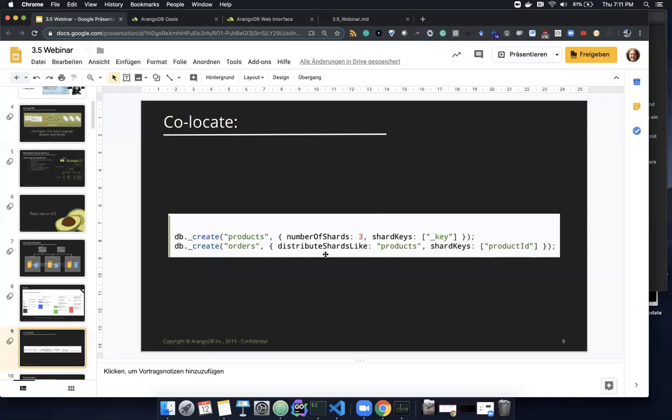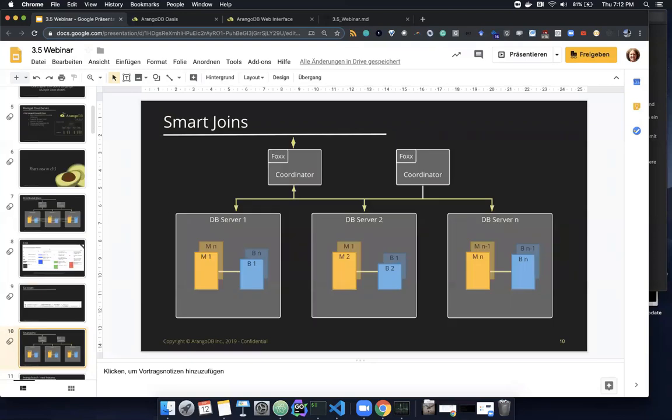And then furthermore, we say that we want to distribute our shards for the second collection, orders, in the same way, because we use the distributed shards feature here. They should be co-located the same way, so it should be distributed like products. The sharding key for our orders collection, which matches this key up here, is actually product ID, which makes sense because this is the referential key pointing over to products. All right, after we have done so, we can now run the same query, and